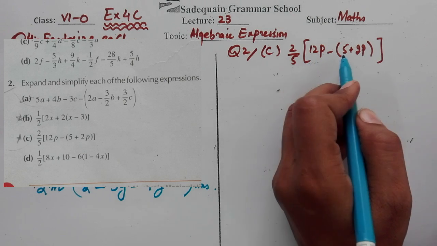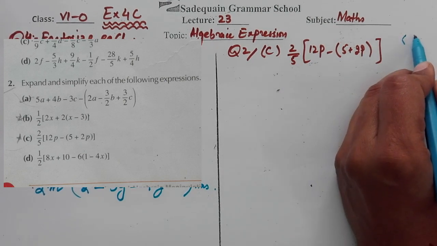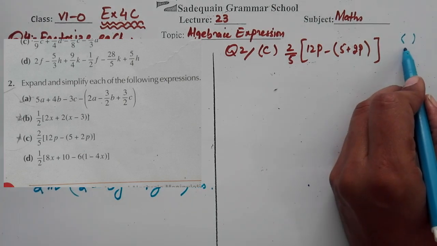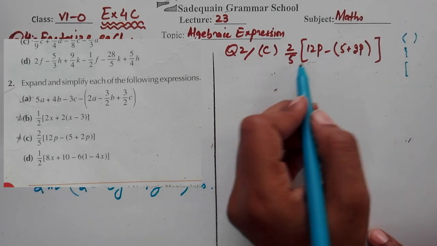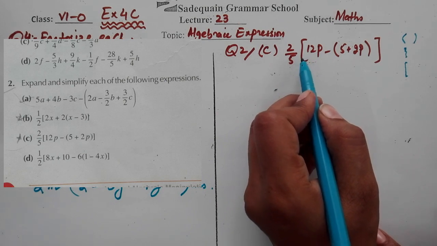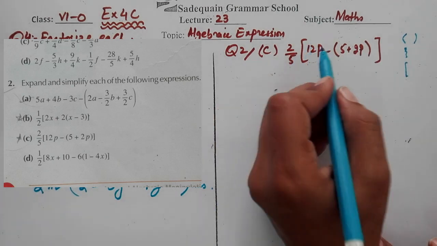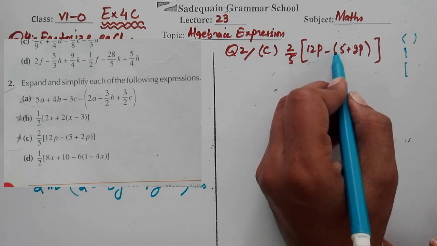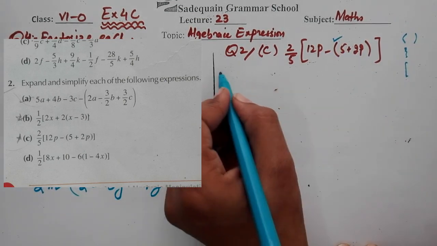Okay. Now when we have multiple brackets, I told this thing in chapter 2 that first you have to solve which one according to the order. First you will solve the round bracket parenthesis, then whatever if you have the curly bracket, and then you will solve the square bracket. Now whatever bracket you have given first, it will be solved in the last. Okay. So here which bracket comes first? Square bracket, so we will solve it in the last, and now within the square bracket there we have the parenthesis, so first we will solve the parenthesis, okay, the round bracket.